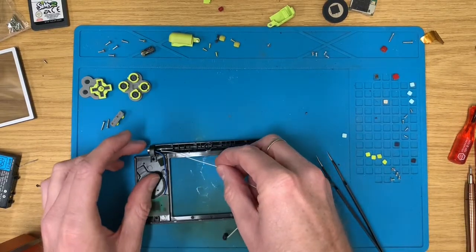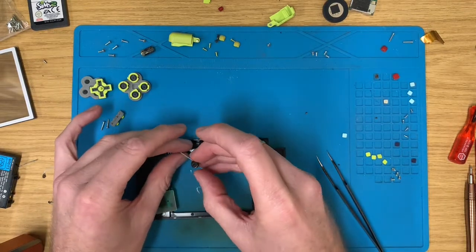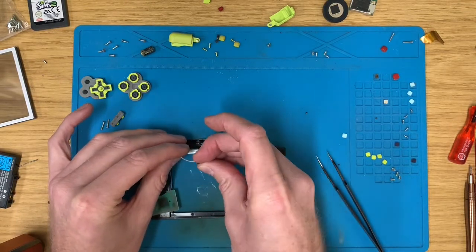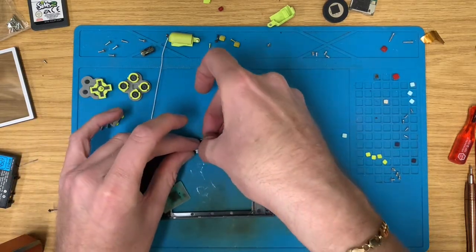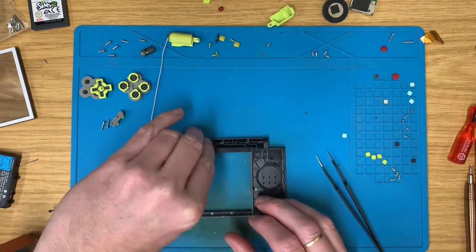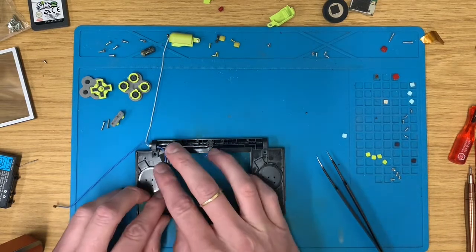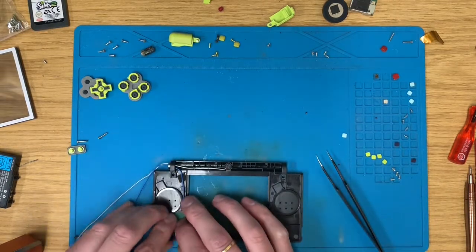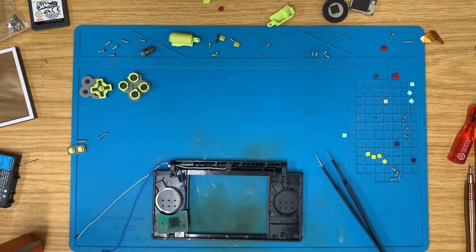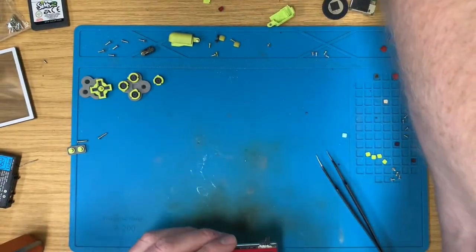Now I know that red one has two good screens in it, but quite frankly, I can't be bothered to strip down the top to take the other screen out. So I'm going to put that new screen in here and just use the top screen, sorry, the bottom screen from the red one. So let's just take the bottom screen, pop this out of the way for a moment, as I just want to make sure